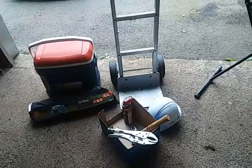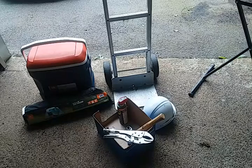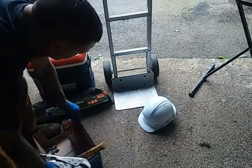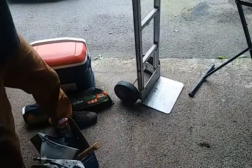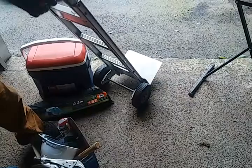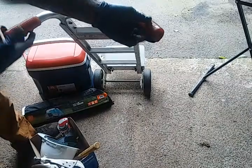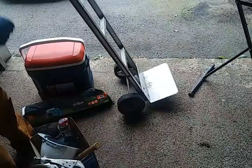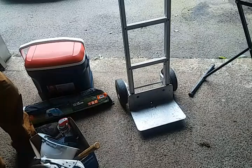I got it angled just about right. You can see what I got here. You see that two-wheel hand truck. It's a nice one. It's aluminum. It's got solid wheels. It's got these nice heavy-duty rubber grips on it. Very comfortable in the hand. It's in good shape. It's made by B&P, and it's got a Toys R Us